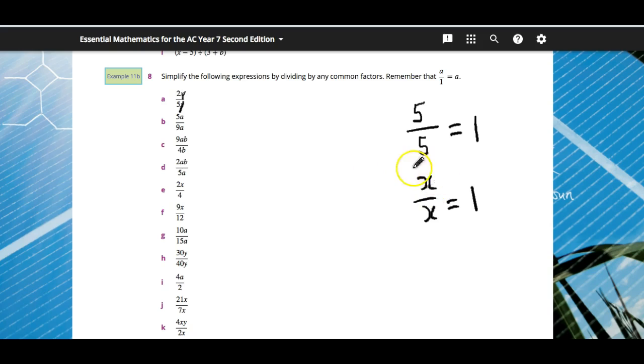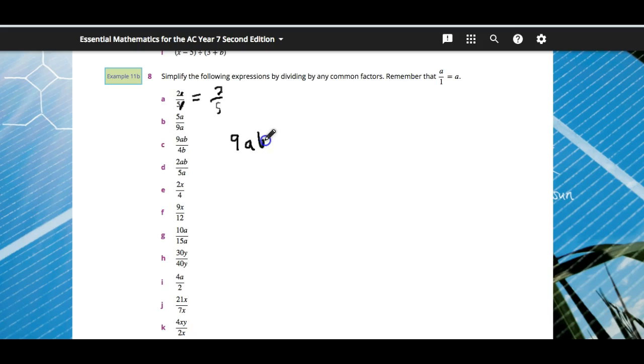So whatever number you have on the numerator, if it's divided by the same number on the denominator, then it's equal to 1. So that's when we say it cancels out, it basically cancels out because they're equal to 1. Okay, so the first one, and usually we mark them out. So if you're writing it on your page, you should be crossing them out. So let's have a look at